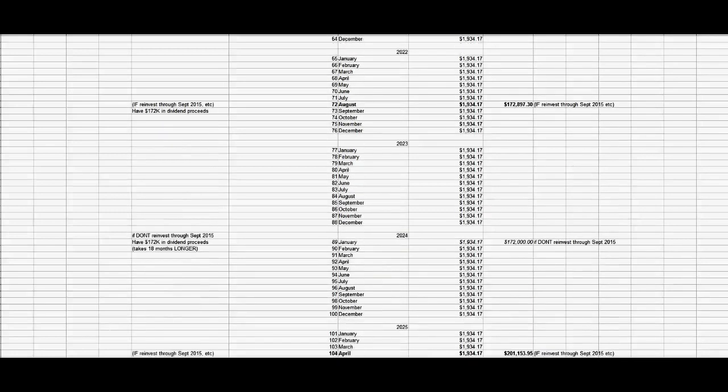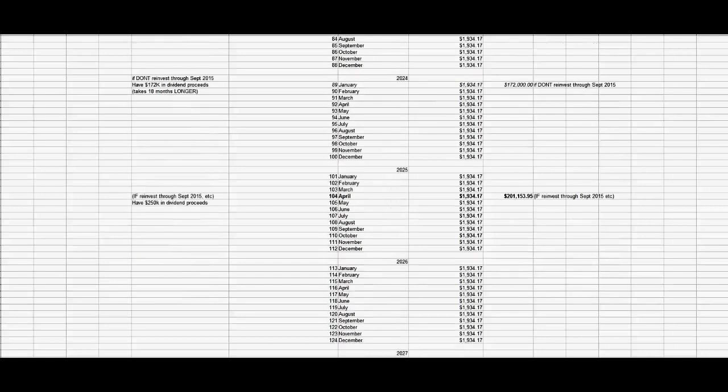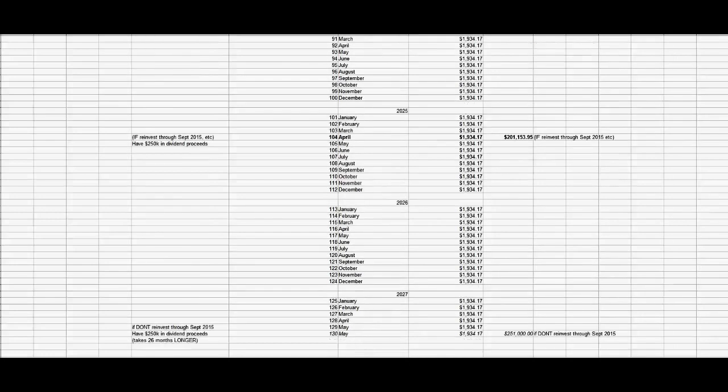That's how you figure out how much you would actually have when you repay yourself for the dividend that you've had, that you've invested, and so forth. So around 2025 at that particular time, around 10 years or so, you'd have your money returned to you in the form of dividend payments every month. In this particular case, it's a monthly payment that you'd get. If you don't reinvest through that time period, then you'd only have your $250,000